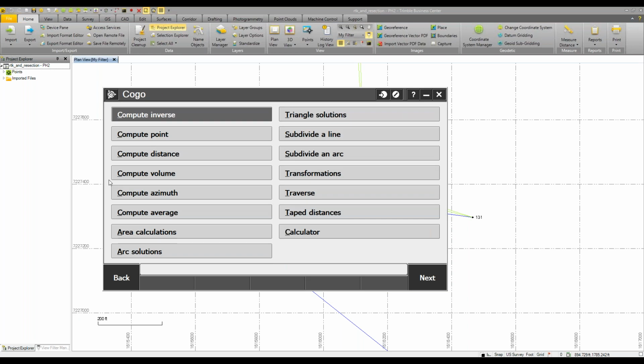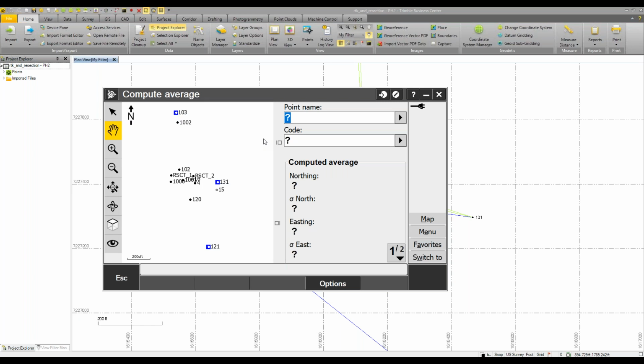Back in COGO, compute average. This is a COGO routine, so we're computing the average of a point. Why you'd want to do this is if you had multiple observations to a single point. So for example, I know point 102 has a couple of different observations to it. How I can find that out if I'm not familiar with the job, or how I want to show you